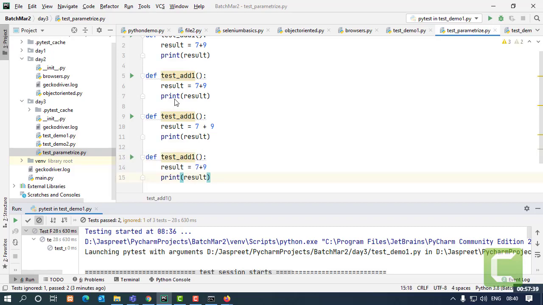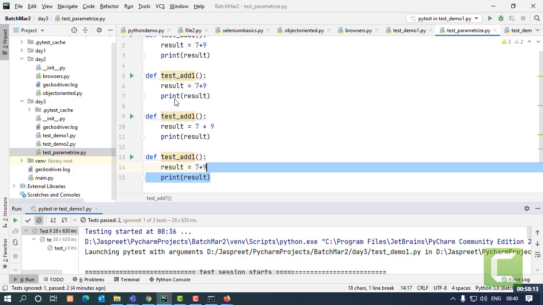So this will be a bad approach, plus it will be duplicacy in my code, and a number of test cases will be made which are of the same kind, just the input parameter is being changed. My functionality is the same in the test case, just the parameter is changing. So for that, we parameterize our test case with the changing parameters.